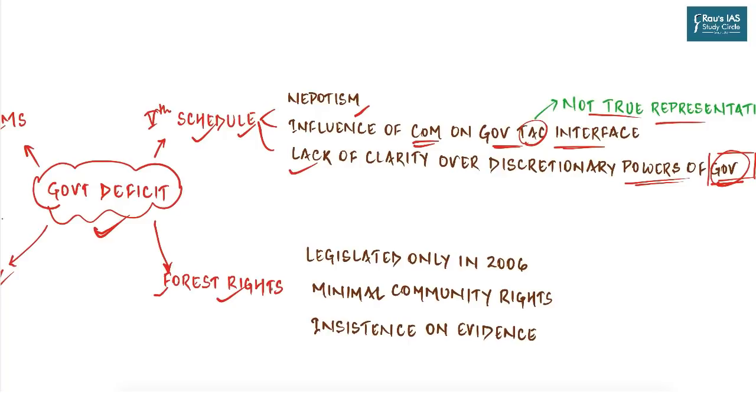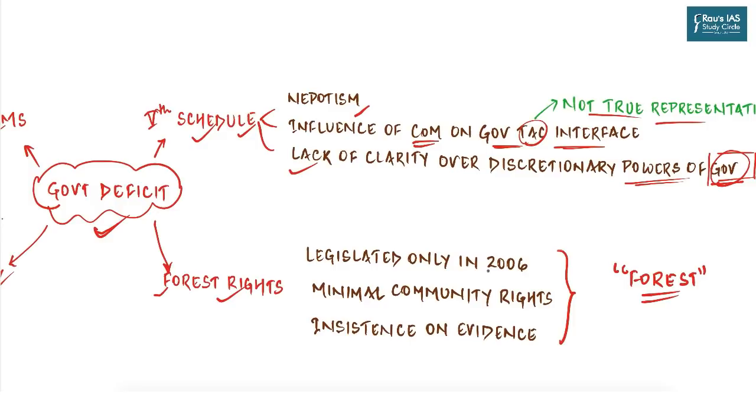Then comes the matter of forest rights. We know that most of the tribals in our country reside in forested regions. And it is one of the main reasons for the spread of Naxalism as well. Because since the time of the Britishers, we have started to encroach on forested areas. It started with the British government. The monopolization of forests started with the enactment of various forest laws enacted in order to protect the forest. But in the process, we forgot that forest does not just include the trees and the animals, but also includes people. And since the protection of environment and nature took precedence over the development of the people,